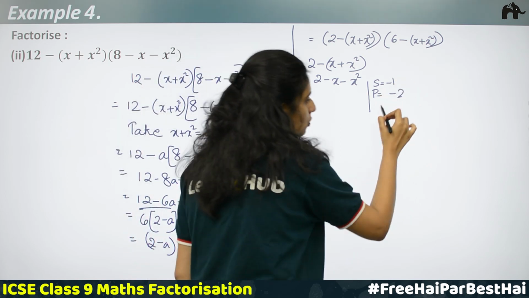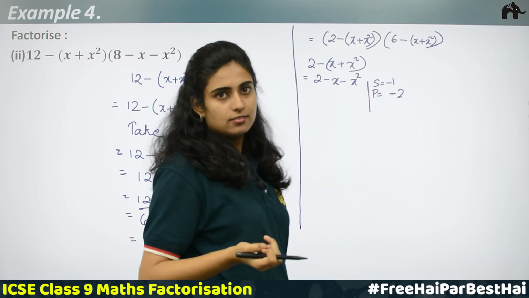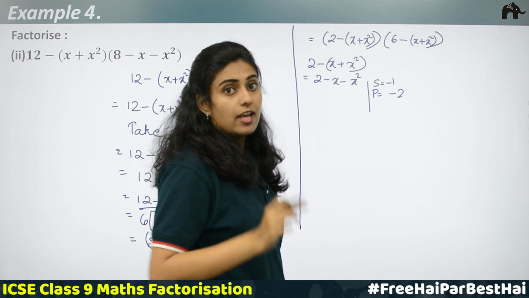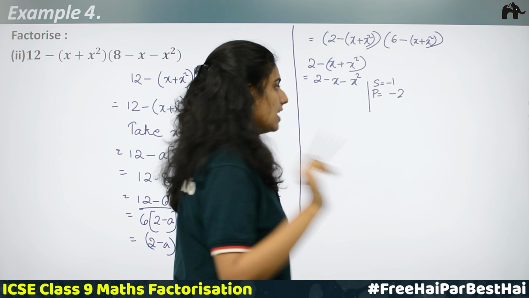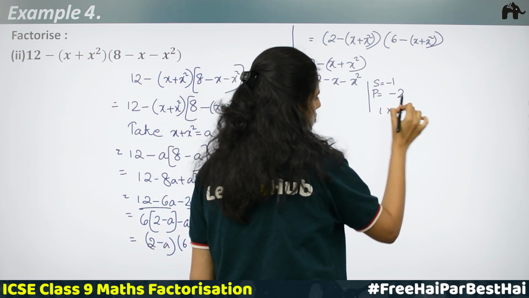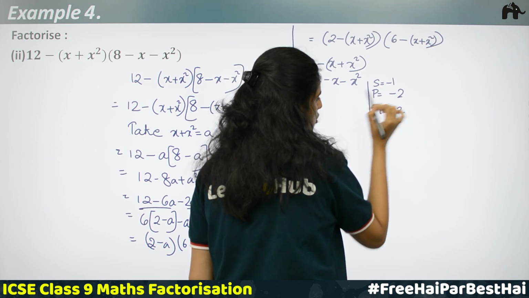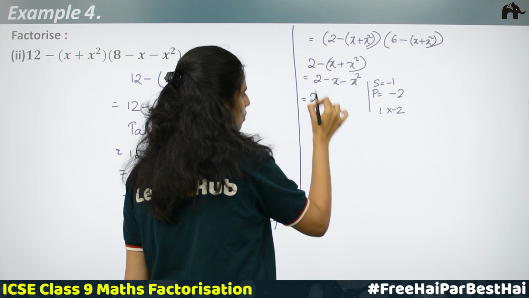To get 2 as product, here you can see product is negative, sum is also negative. What does it mean? One number will be negative. Since the sum is negative, the greater number is negative. Okay. So we will be getting 1 into 2. Here the greater number should be negative. So 1 into minus 2. So this becomes 2